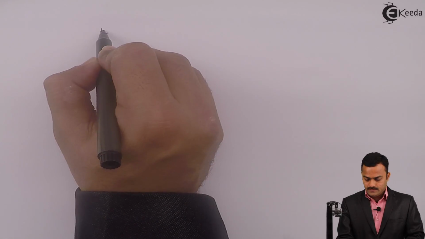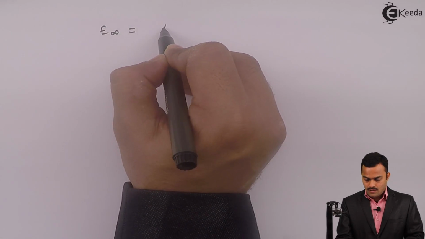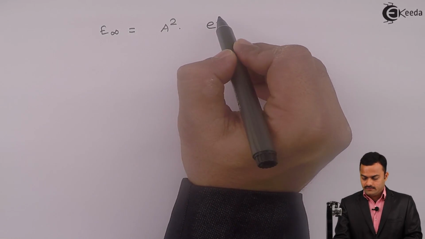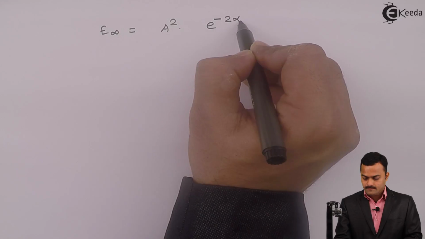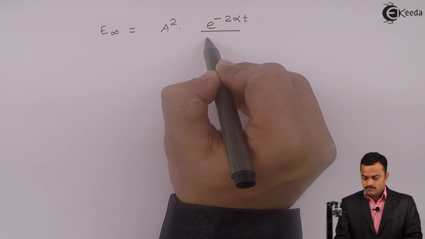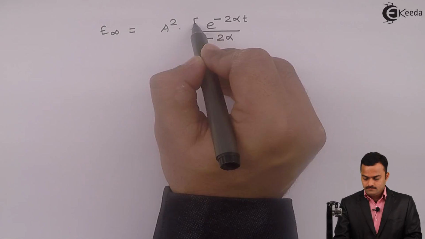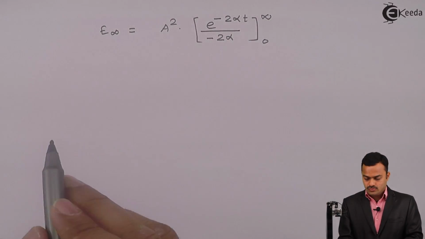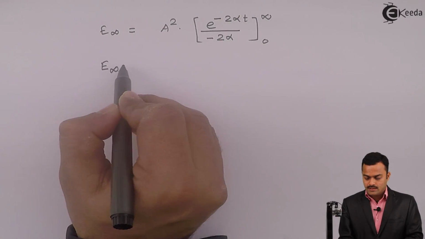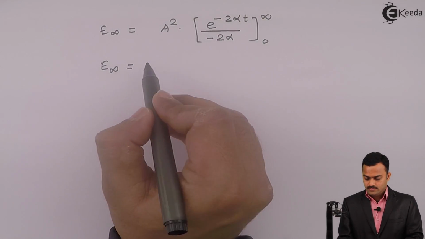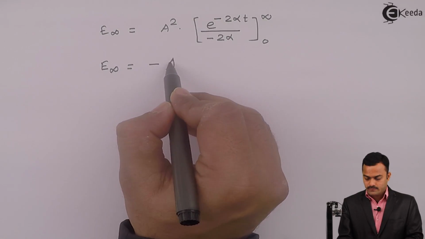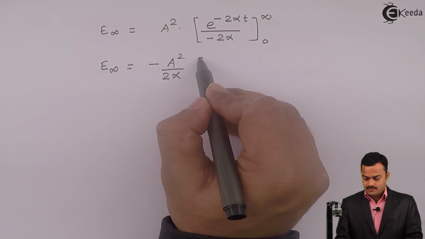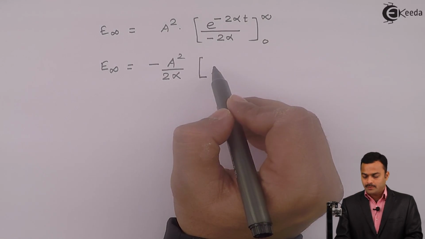So E infinity equals A square times the integral of e raised to minus 2 alpha t, which will be e raised to minus 2 alpha t upon minus 2 alpha, and the limit from 0 to infinity. So one more constant is generated, so I take it out. So in the end it is minus A square upon 2 alpha, and after applying the limit